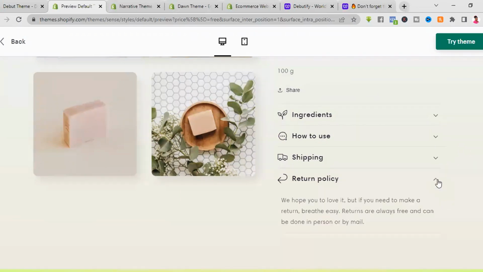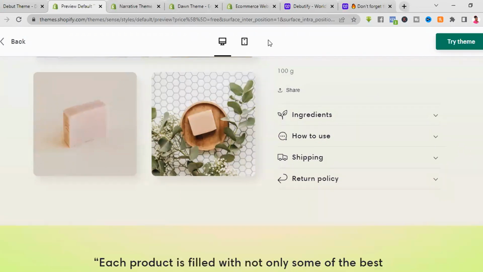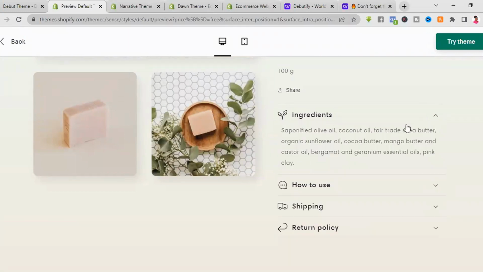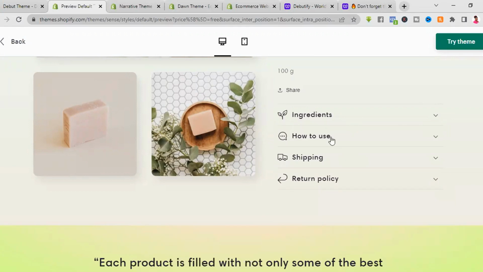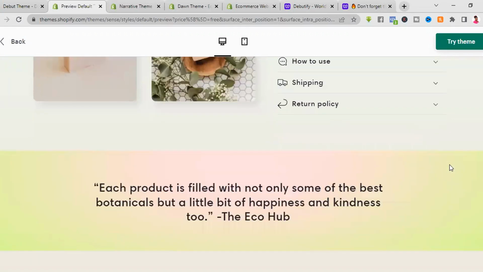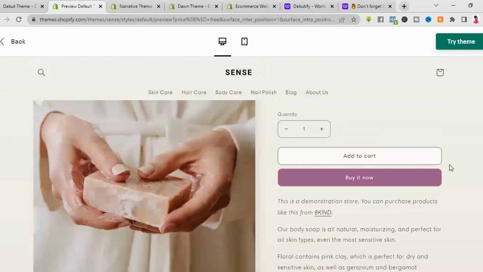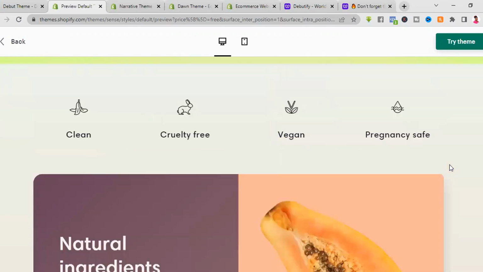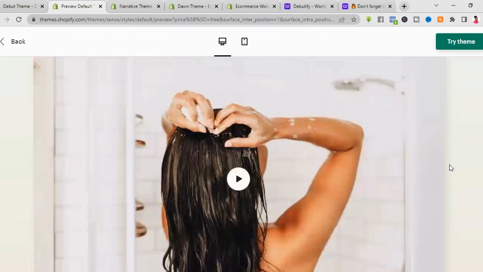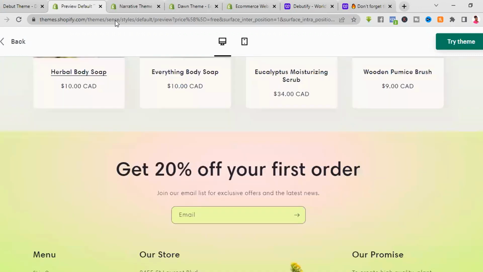So actually having those drop downs gives it that clean look, right? If anyone wants to know more about that, you just have to click on it and read more about it. But this is a really nice looking feel to your product page if you choose this theme. So that's a very nice thing that you can consider to add to your store,